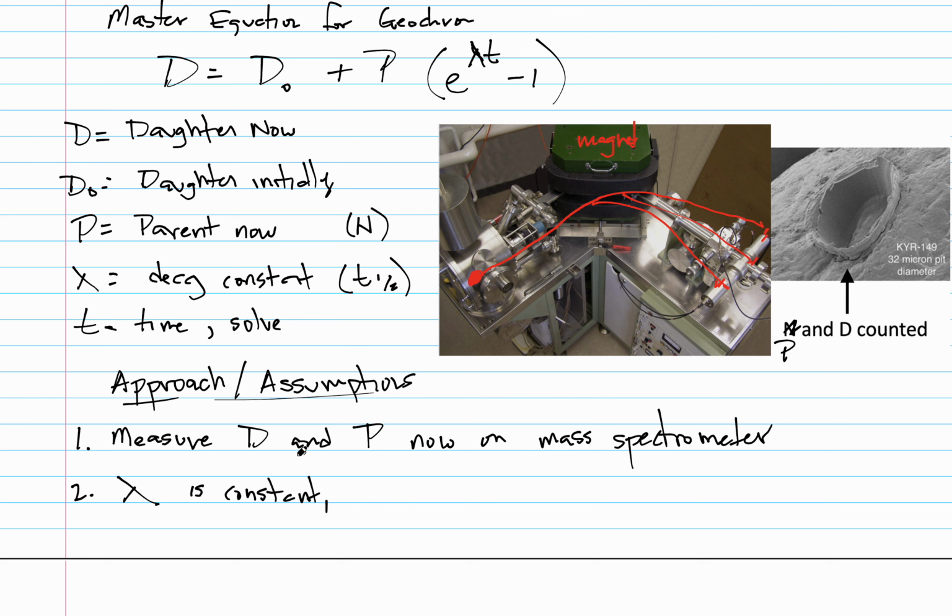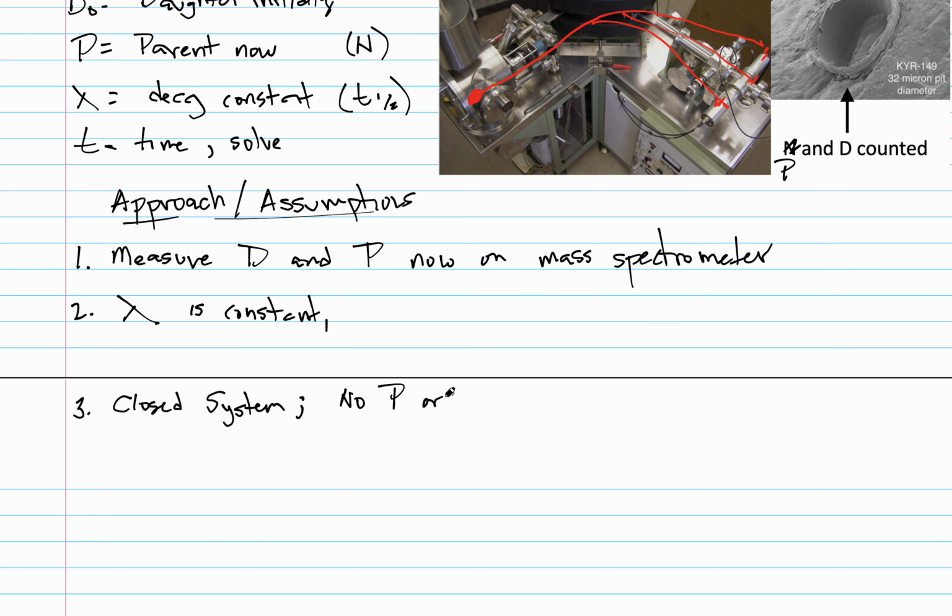Imagine a submarine underwater. You want it to be a closed system for water, a closed system for oxygen. Things don't leak in and things don't leak out. The same is true for a mineral when we're doing geochronology. We're going to make an assumption that no parent or daughter leak in